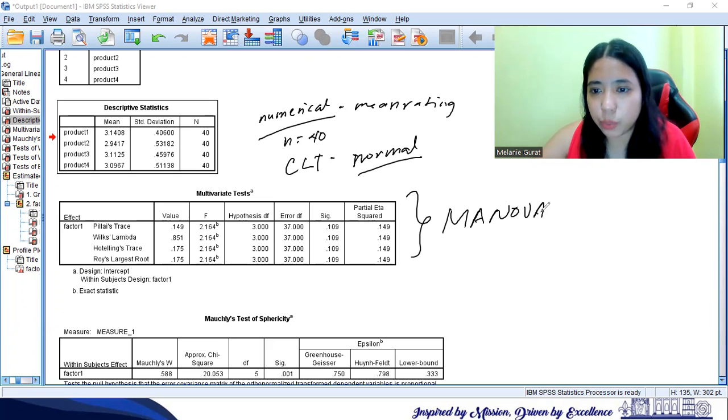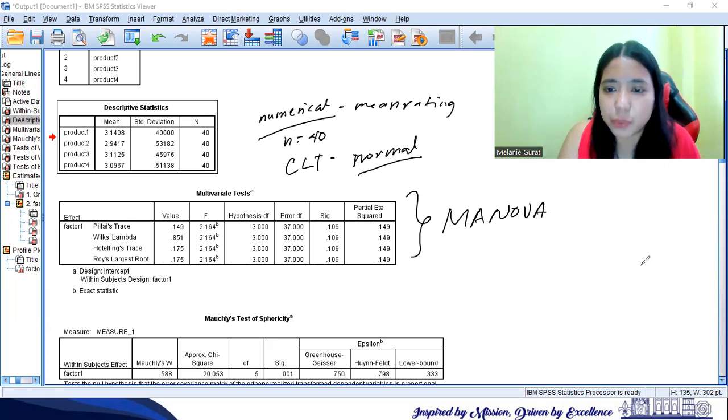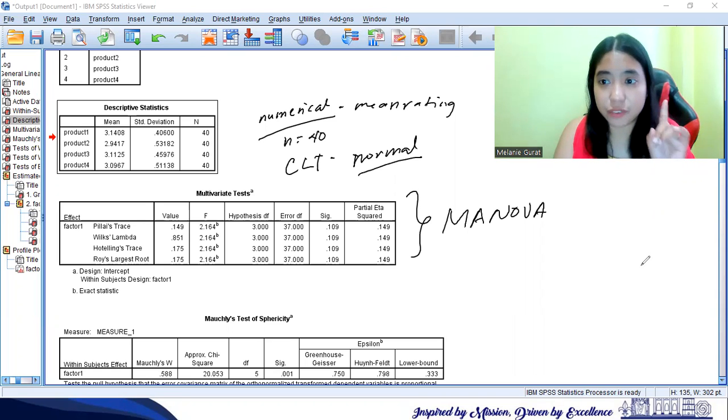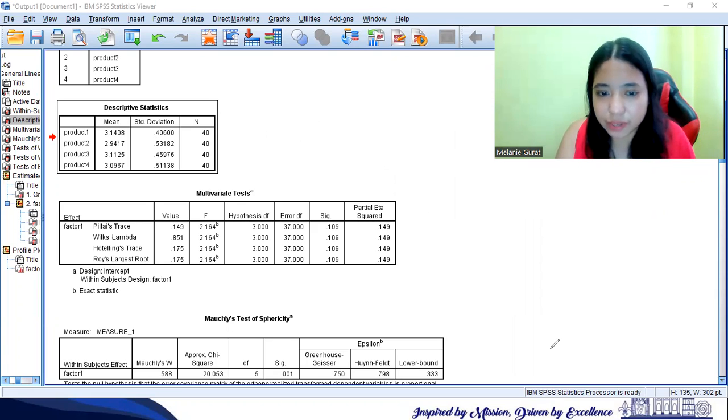We are not going to use this at the moment because our concern is to check first the sphericity, or the result on Mauchly's test of sphericity. This is one of the important assumptions highlighted in our first video. Okay, let's clear that first and let's see what's the result.